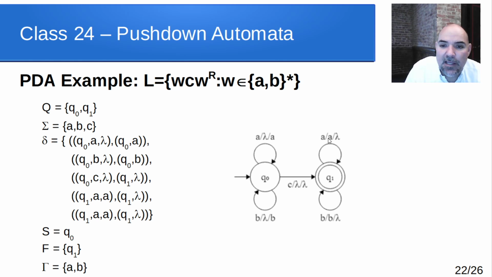So when I see an A and I have an A on the stack, that's the one that matched the last thing that I pushed on there. And since the stack is kind of in reverse order, it's automatically reversed, so then I just pull all those off. And if I get to the end and there's nothing left on the stack, I know I've matched every symbol of W with one from W^R, and so I accept that.